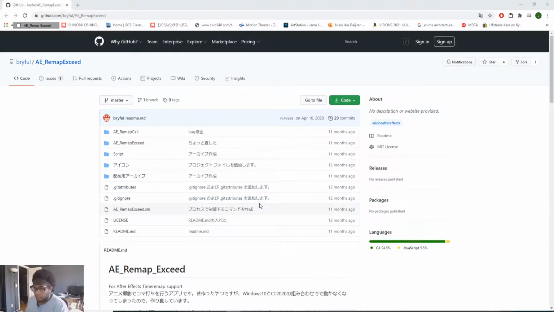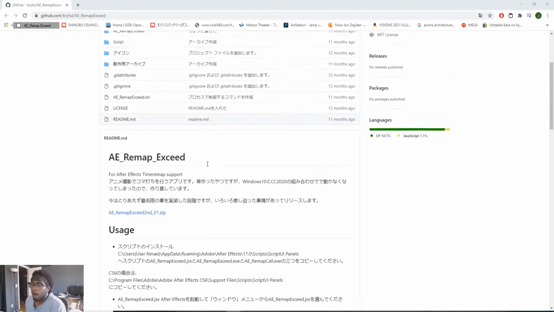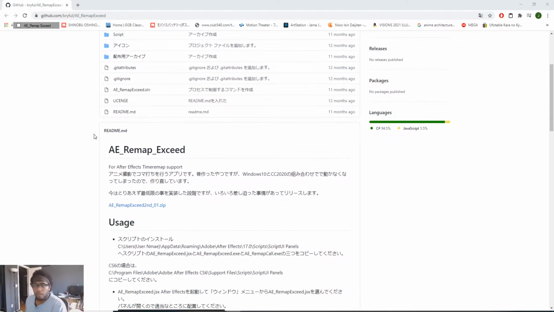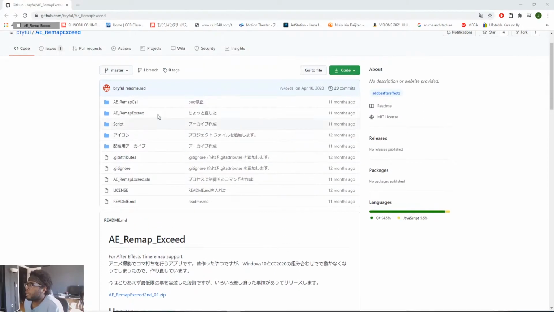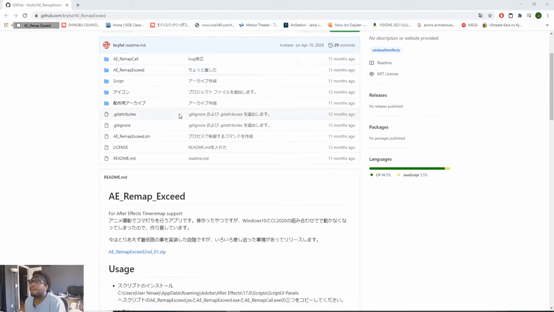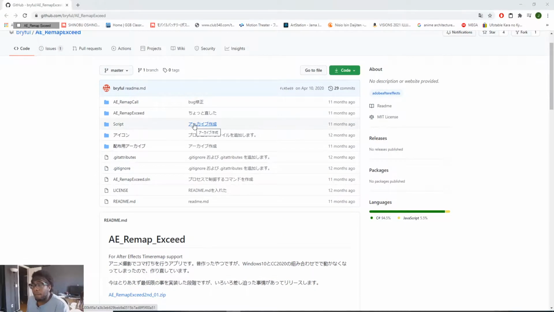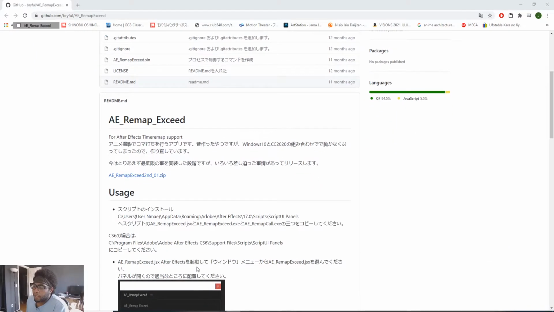It's called AE Remap Exceed. Of course, it's in Japanese. That's why this video is made. If it was in English, I would not be making this video at all. But it's completely free, and of course this link will be in the description below. To download it, we just click this link right here. So when we get that downloaded